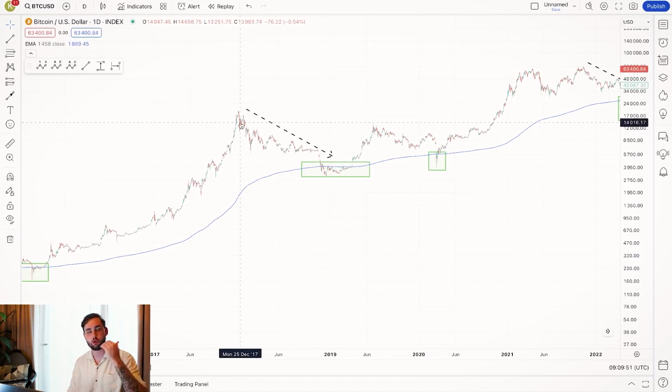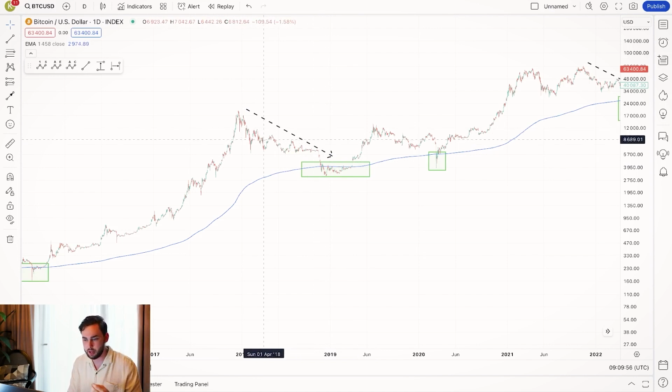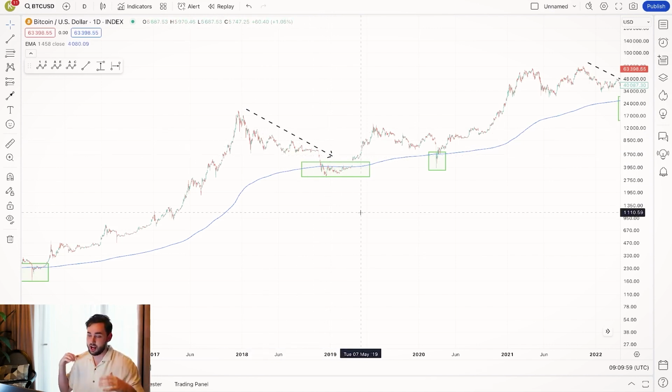Same thing back in the 2017 cycle. We fell into a bear market, and you would have had a lot of people telling you back here, of course, now's a great time to buy. Now's a great time to buy. Maybe even, hey, the bull market is still on. Do not sell, or whatever it might have been, okay?